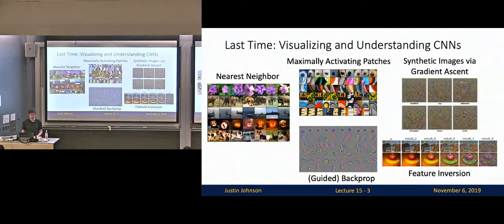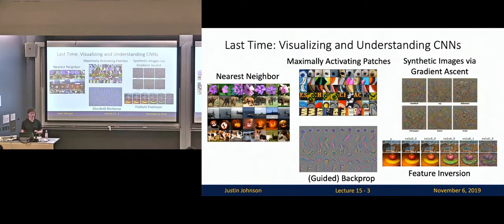As a reminder, last time we were talking about this task of understanding and visualizing what's going on inside our convolutional neural networks. And we talked about a lot of different techniques for doing exactly that, like looking at nearest neighbors in feature space, looking at maximally activating patches, or using guided backpropagation or other techniques to compute saliency maps on our features. And we talked about methods for generating images, like synthetic images via gradient descent, or this task of